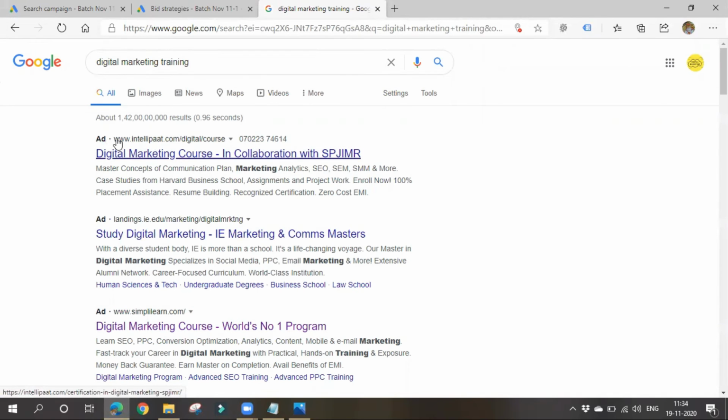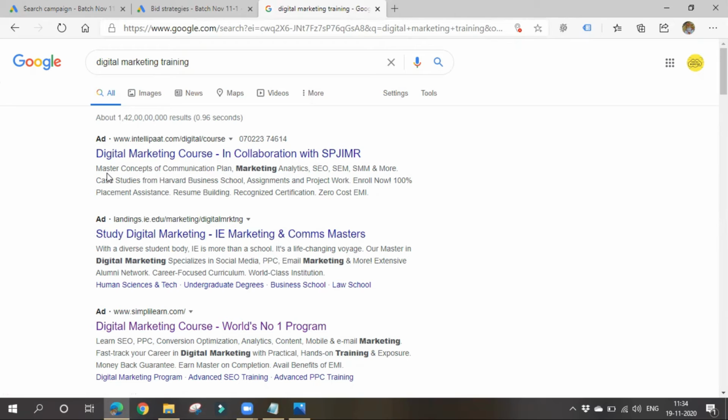let's think that this is your competitor and this is you. When both of your ads are displaying on the SERP, Google will automatically increase your bid amount and make you display on top. That's how we can outrank your competitor. Google will also show your ads when your competitor is not showing up.